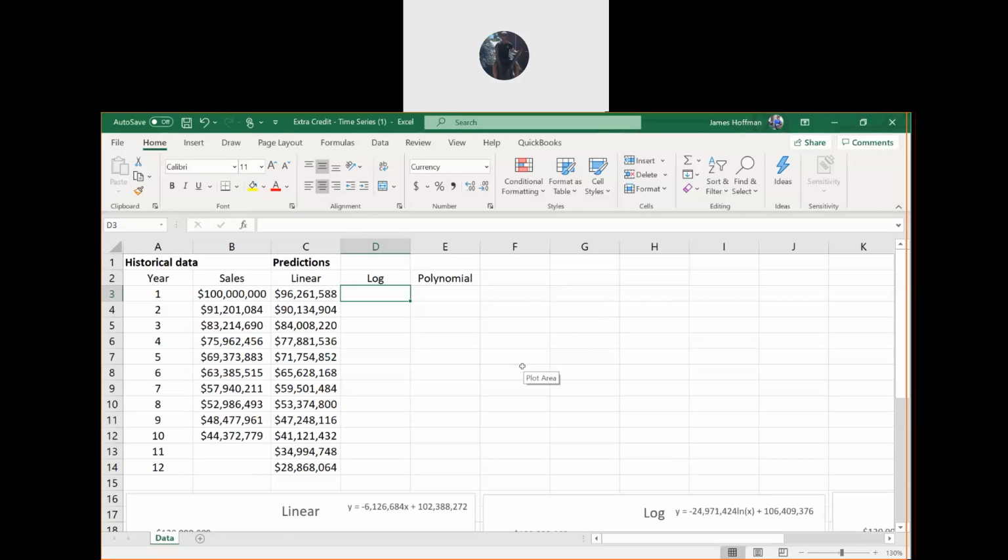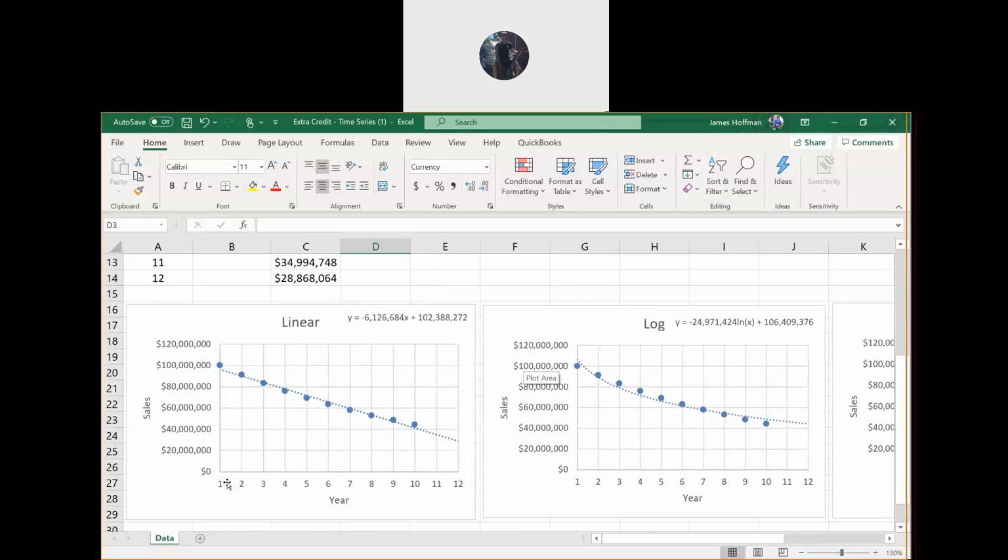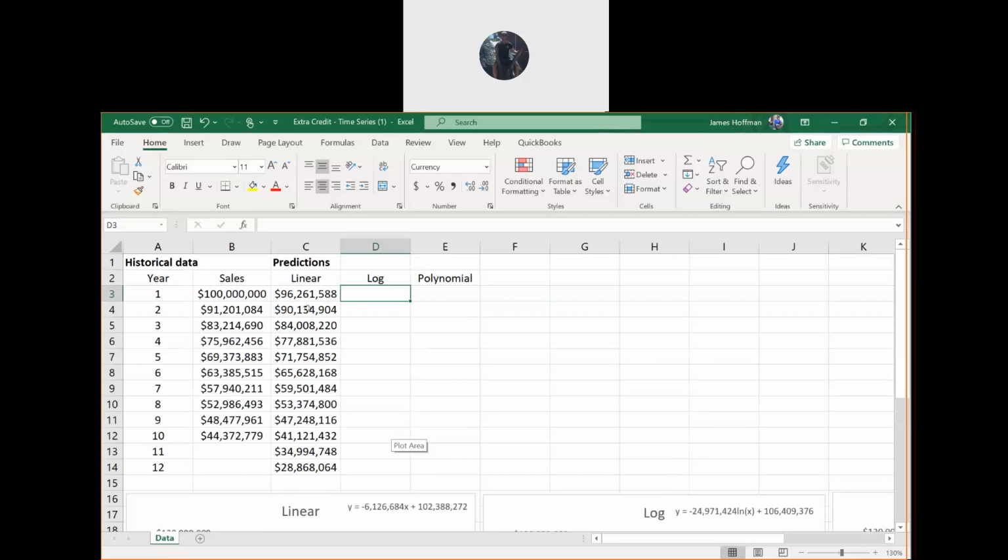Those are the linear predictions, which means for each year, that's the point on the trend line that would give you the linear equation. So for year 1, it's this value. For year 2, it's whatever value is on the exact linear line. That's the value that you get for the linear prediction.